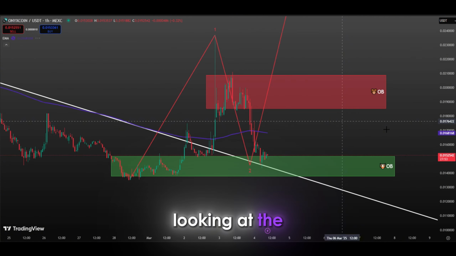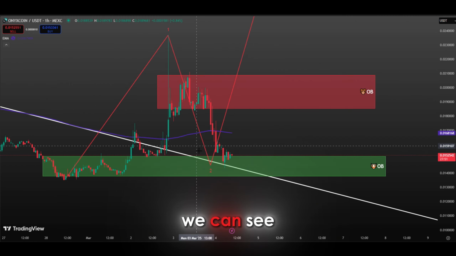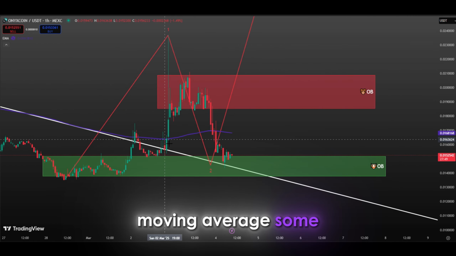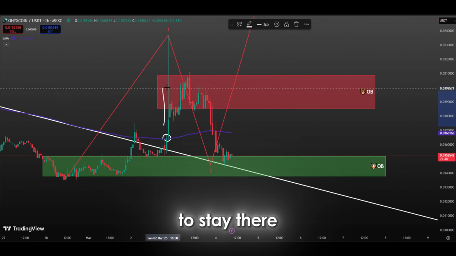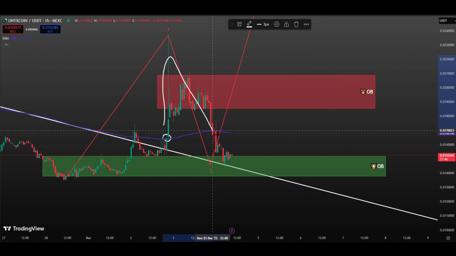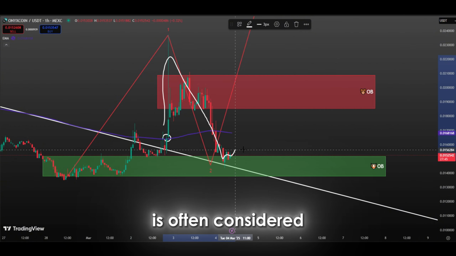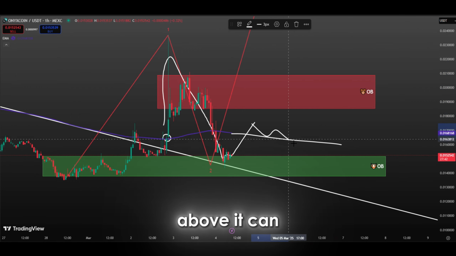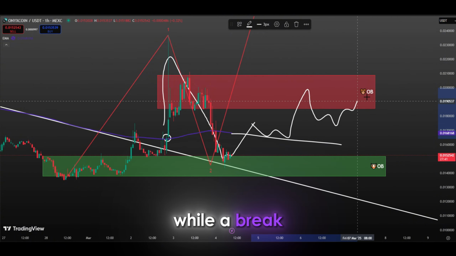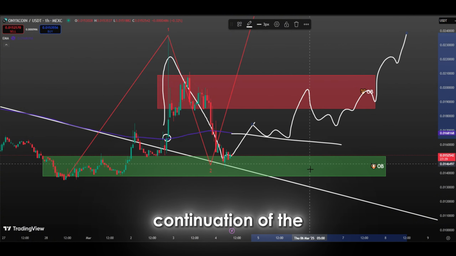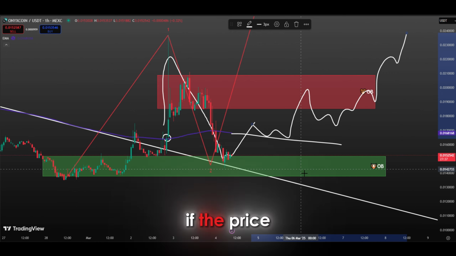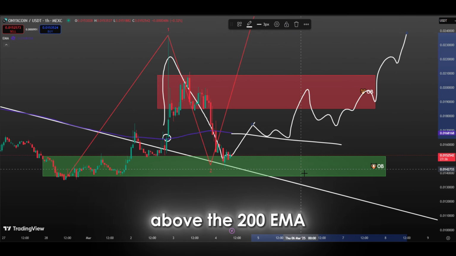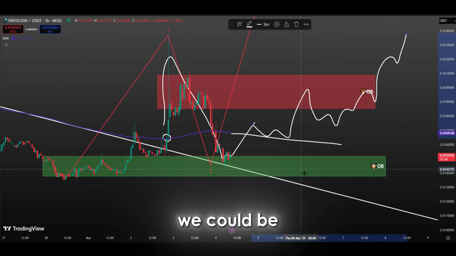to the upside. Looking at the 200 EMA, we can see that the price moved above this important moving average some time ago, but it failed to stay there and fell back below it. The 200 EMA is often considered a critical level that determines the direction of the long-term trend, and a break above it can signal a bull market, while a break below it can indicate a continuation of the downtrend. If the price can move back above the 200 EMA and stay above it, we could be in for a